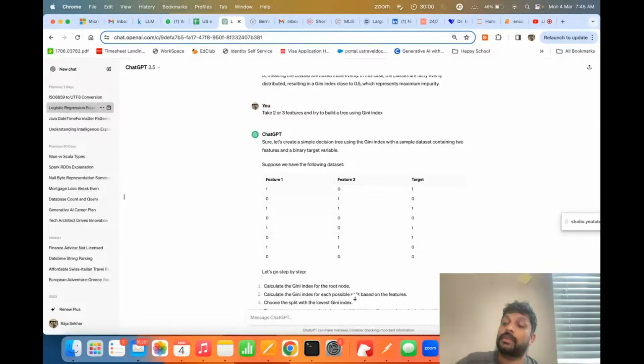Oh, interesting, 1 comma 0 and 0 comma 1 are what we have left. Let me mark them here. We're picking feature 2 equal to 1, right? And these two, and here it is feature 2 equal to